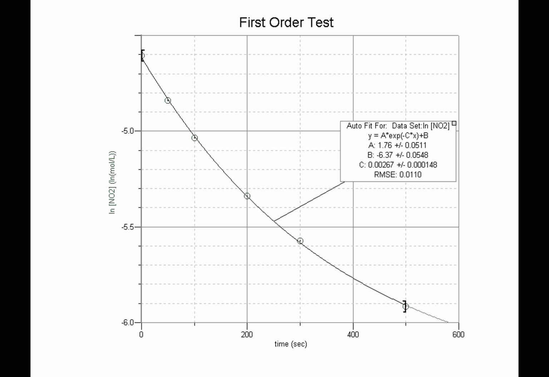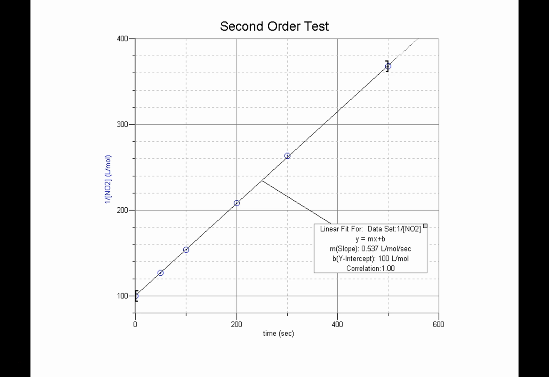Getting more straight, but I definitely still see some curve here. The fact that the person who drew this line didn't come up with a correlation coefficient. Correlation coefficients are associated with just straight lines. It means that it's not a straight line. So this is the natural log of the molar concentration. That must be the first order test. It fails that one too. So this one